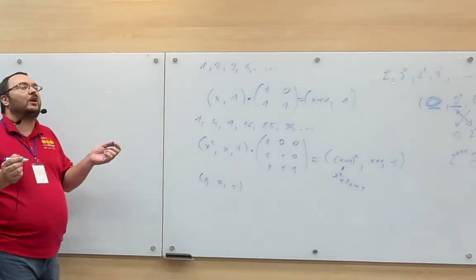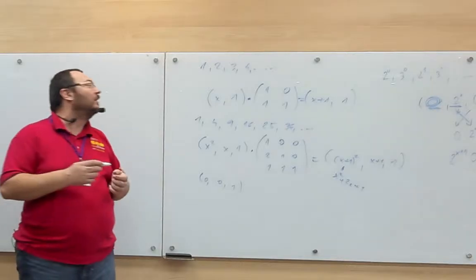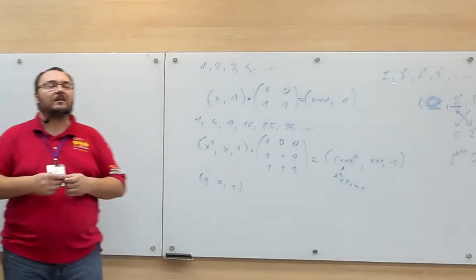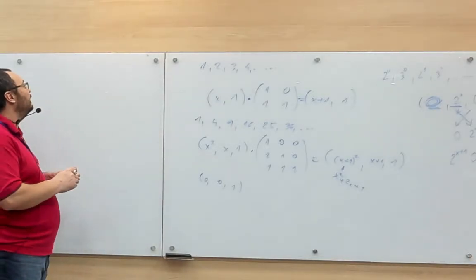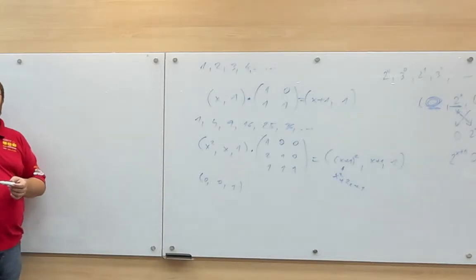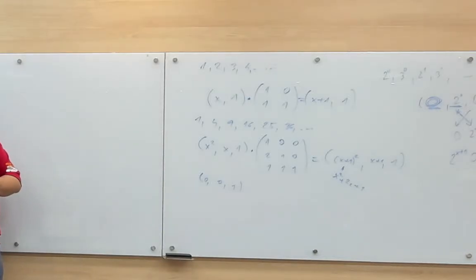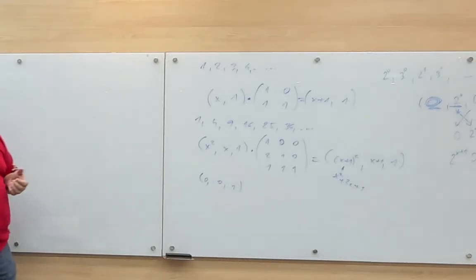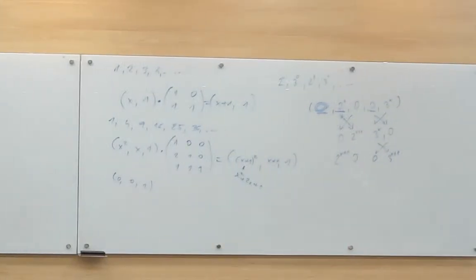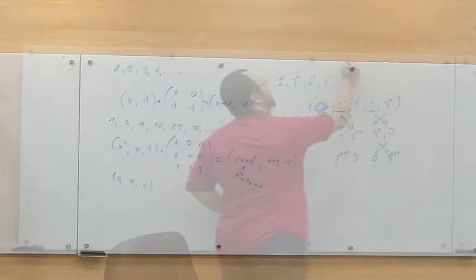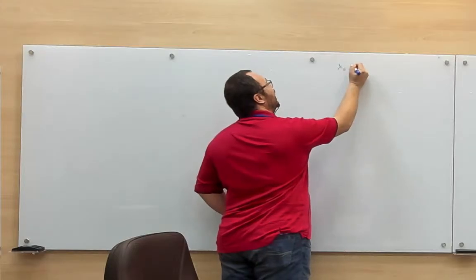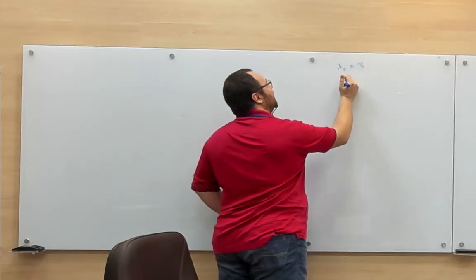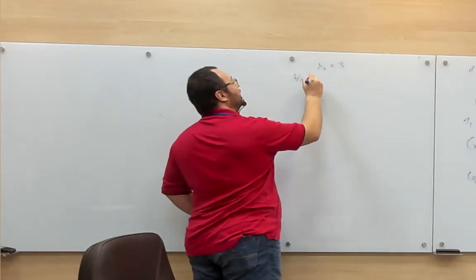So you can do polynomials. You can do all kinds of things. And even if you have recurrences that are looking not just at a constant number of steps into the past, but somewhere farther, it still may be possible in some cases to reduce them to matrix form. So for example, suppose you have a recurrence of the form that x0 is 3 and for all n greater than 0,